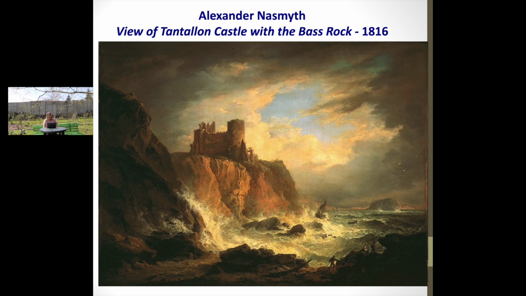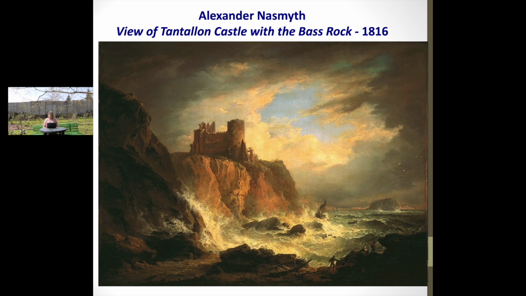So here we have a few images of Scotland. Alexander Nasmyth. Here we have a view of Tantallon Castle with the Bass Rock. So again, Scotland has lots of castles, as you know. Some of them in ruined state.